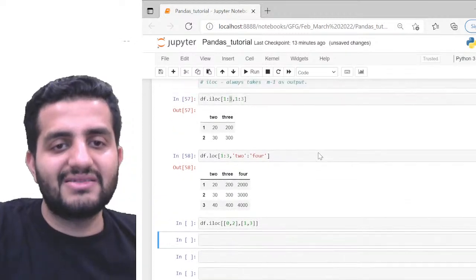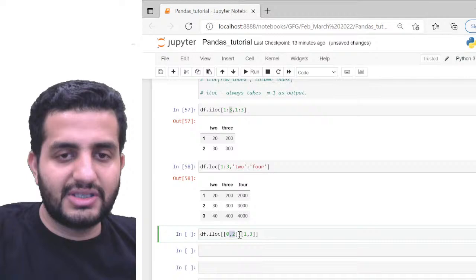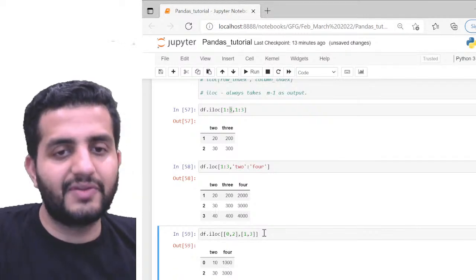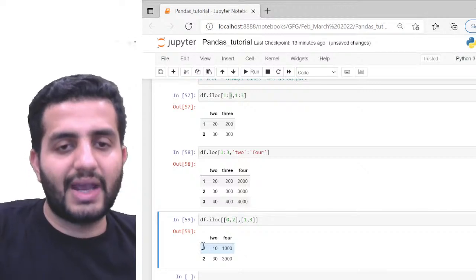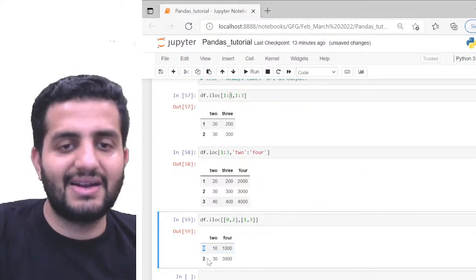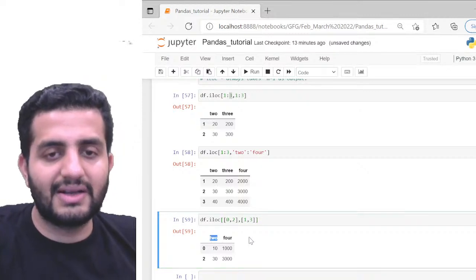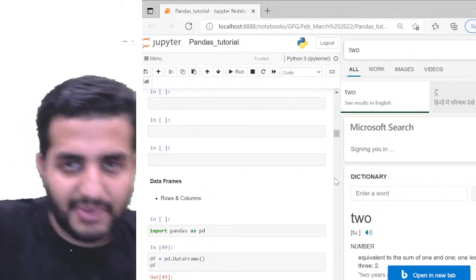So for example, I just need the 0th and the 2nd index of my rows. So this is for my rows, right? And after this comma I have the columns. I want the first and the third column, so I can also directly give the row indexes and the column indexes. So I can pinpoint, okay, I just need the 0th index and the second index, and I need only the first index column, which is TWO, and the third index column, which is FOUR, right? I can pretty much do that, so it's still pretty much fine.